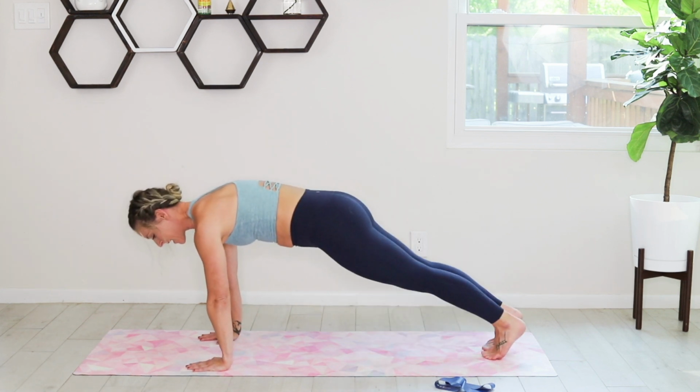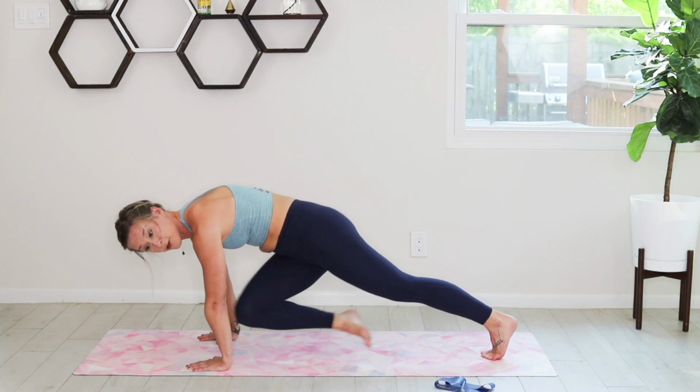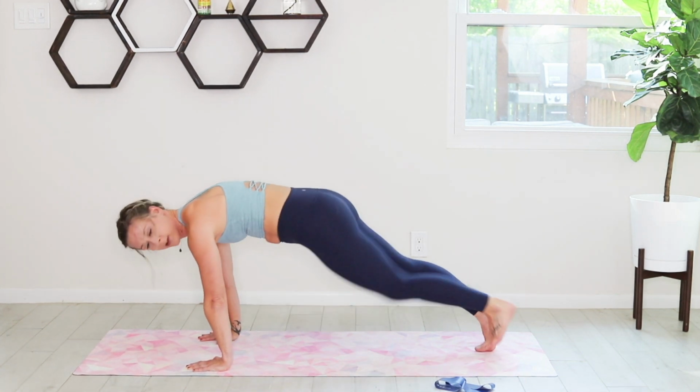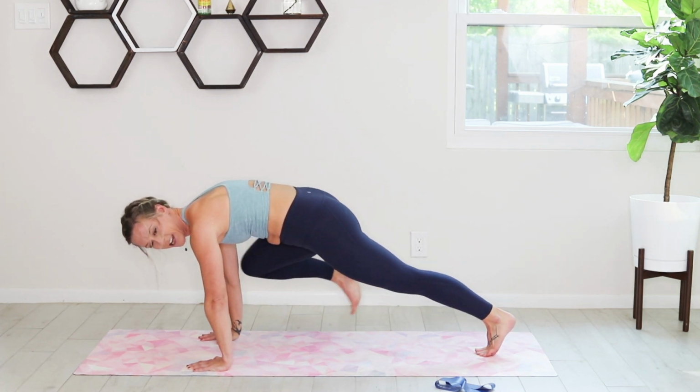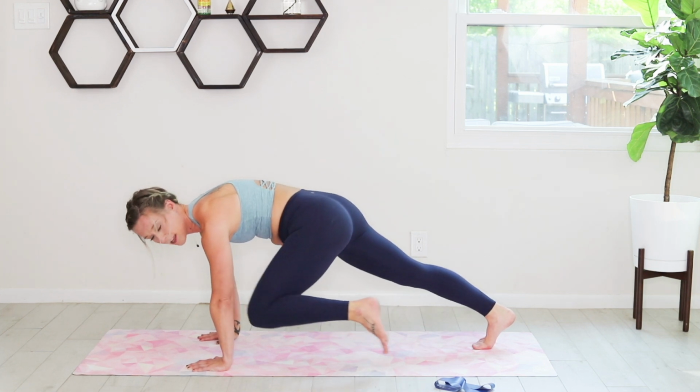Think about staying here, trying to reach that elbow to that knee, reach the elbow to the other knee, and back. Elbow, elbow, back. You got it. Stay here, you got 20 seconds. And then we're gonna switch into a side plank,